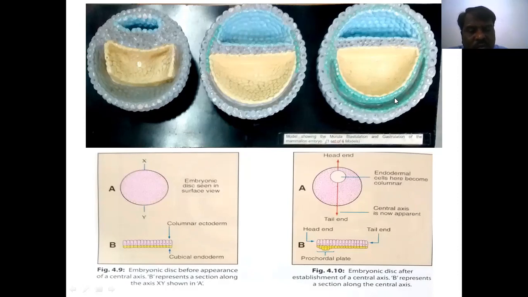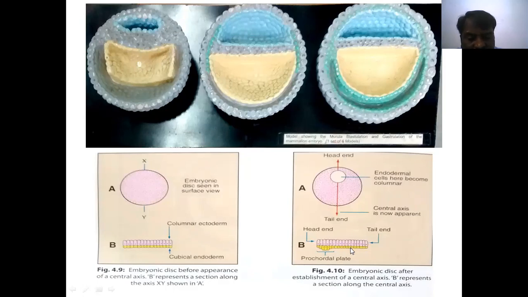So now at this level, it is a vertical section. If you are taking it from above downwards, we can identify it like this. This is the ectoderm. This is the endoderm. At this level, after formation of the secondary yolk sac, extraembryonic mesoderm and coelom, here this ectoderm and endoderm, some of the cells, see, this is columnar. This is a cuboidal cell. At this level the section is given in the textbook.